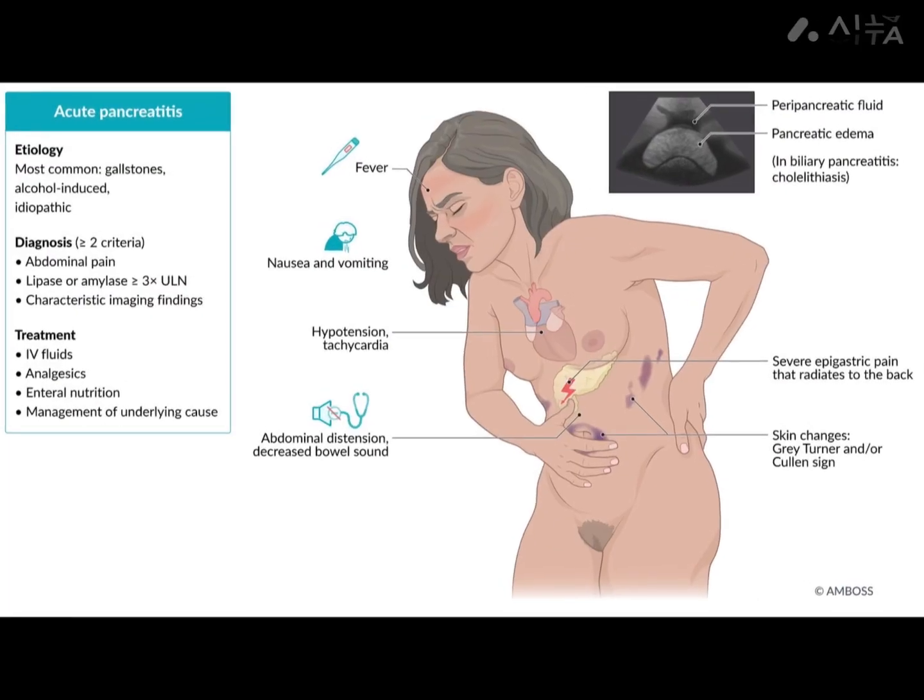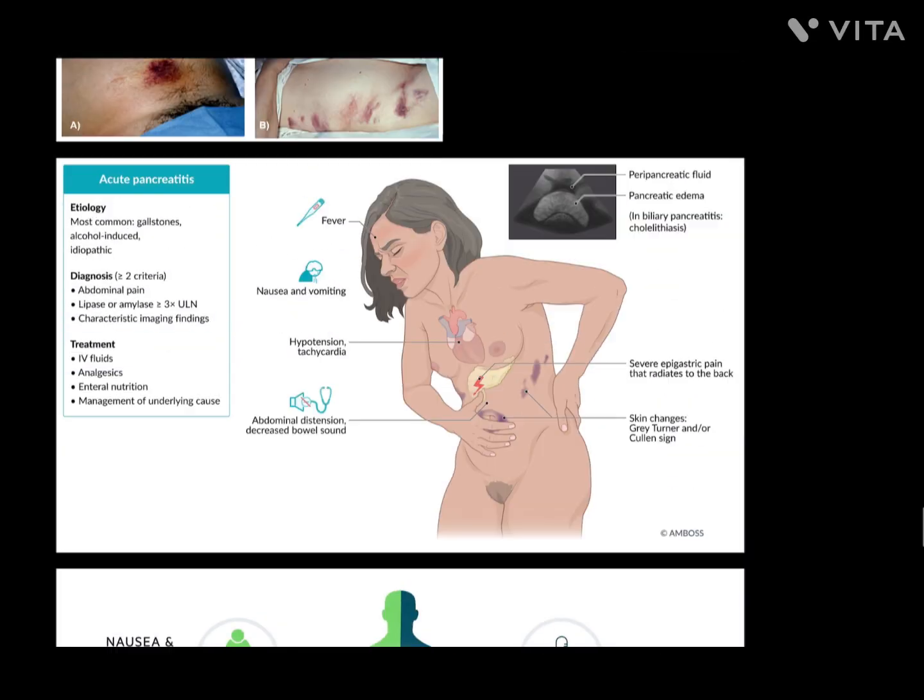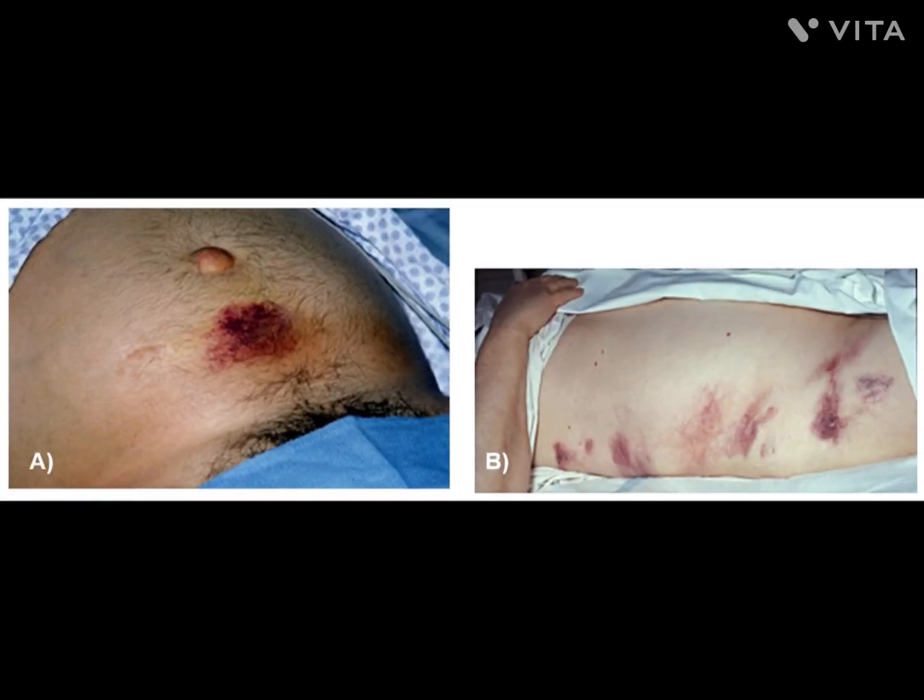We have some signs like fever, hypotension and tachycardia, and the patient will get decreased bowel sounds and severe epigastric pain. In physical examination we can see some changes in the abdomen. Next, in signs we can see hypotension also. In the abdomen, we can see epigastric tenderness, guarding and ileus. Okay, so this is the main physical examination.